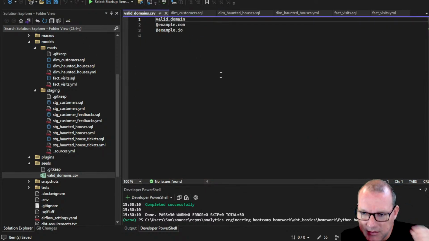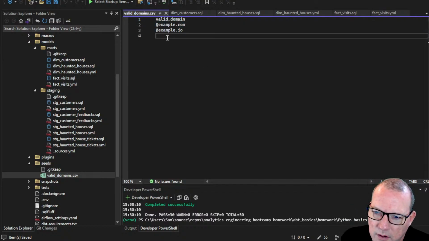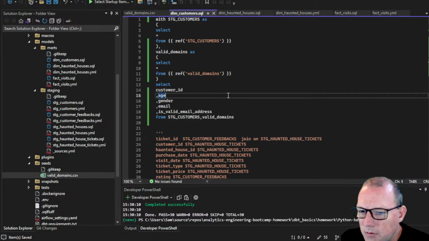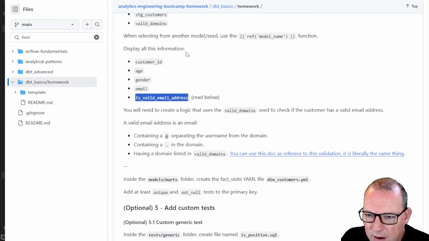All right, so basically we have columns. We have a column valid domain in valid domains, and it is a row of example.com and example.io. So now what we need to do is, so we have,